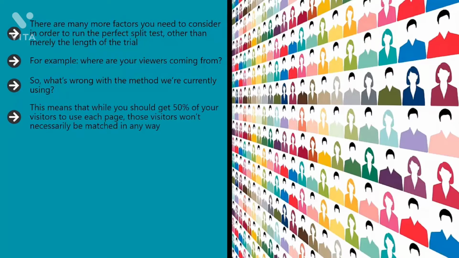This means that while you should get 50% of your visitors to use each page, those visitors won't necessarily be matched in any way. Pure chance might mean that everyone from Asia ends up on one version of your website, while everyone from the US ends up on another. This can skew your results again, owing to cultural differences. Similarly, time zone, type of device, and much more can all also